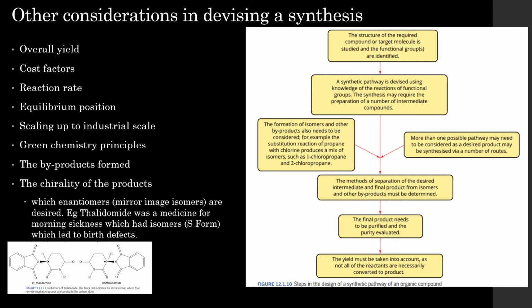So remember, that has to do with that central asymmetrical carbon. So if we have a look at these mirror image isomers called enantiomers, I never get that right, we've got to think about which ones are desired, and thalidomide is a classic example. It was a pill developed back in the 1950s, and it was given to pregnant women to help them with